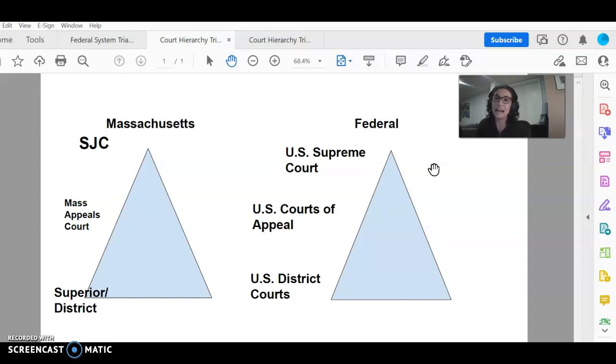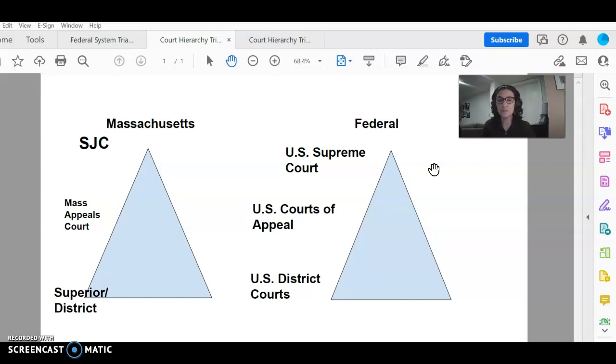I hope you know that there are 9 justices on the U.S. Supreme Court. And sometime I'd love to spend some time talking about the current composition of the judges, because it's making for some very interesting, perhaps, changes to what we see in our law, because the majority of justices currently on the Supreme Court were appointed by Republican presidents who lean conservative. So we may see a shift in the type of decisions that we had, let's say, just a few years ago. And of course, the death of Justice Ginsburg last year made a huge impact on the composition of the court. Okay, so here are your 2 hierarchies.